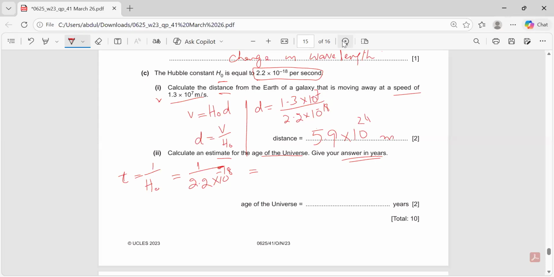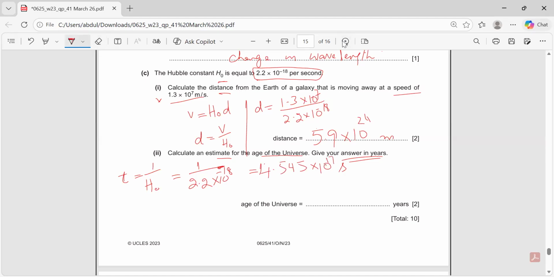So 4.545 times 10 raised to power 17, but it is in seconds. The answer is in seconds. They want the answer in years, no problem. T will be equal to the same number, 4.545 times 10 raised to power 17